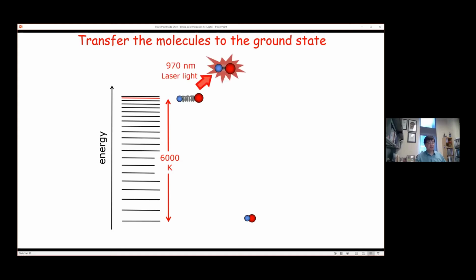So instead, we actually use a pair of lasers that are phase coherent with respect to each other. In the particular case of KRb, we have a laser at 970 nanometer and another laser at 690 nanometer. They're different colors, but through the ideas of a frequency comb or using very stable optical cavities, we can make these two different colored laser beams phase coherent over certain time scales. And that's the time scale over which we do coherent state transfer